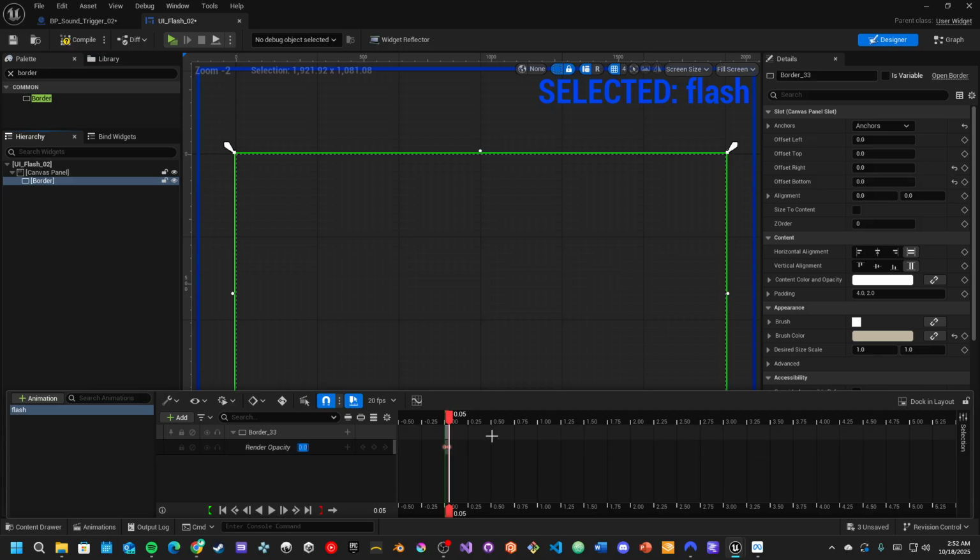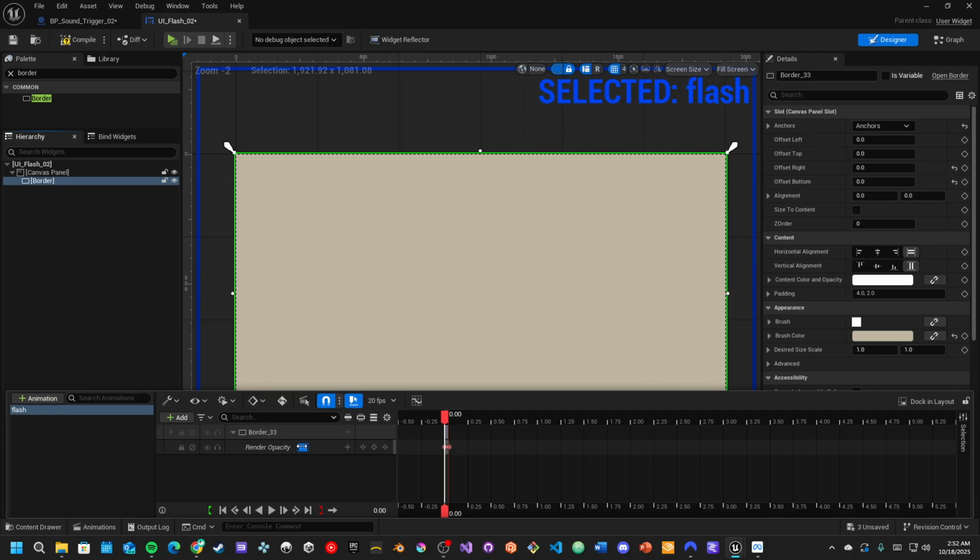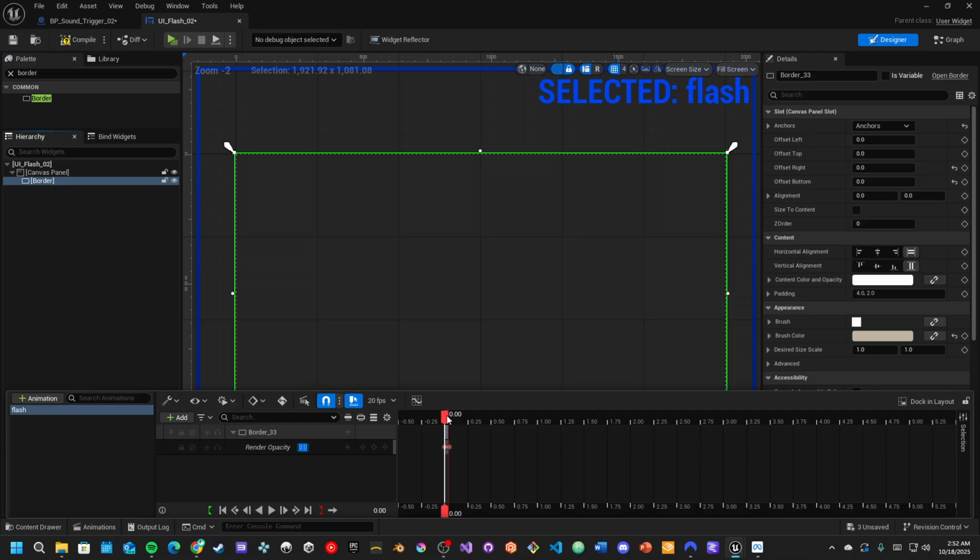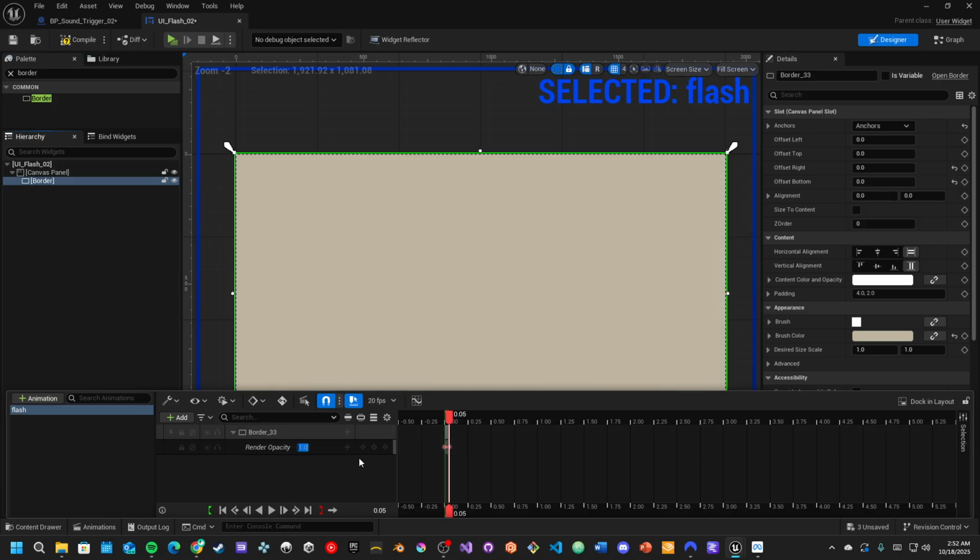Wait, how does the camera flash work? That's not how camera flash works. I think I got this backwards. At the beginning, no flash. Then ramp up the flash. Hold the flash for, that's fine,